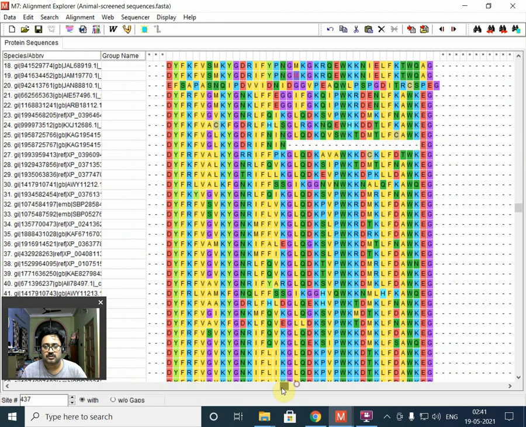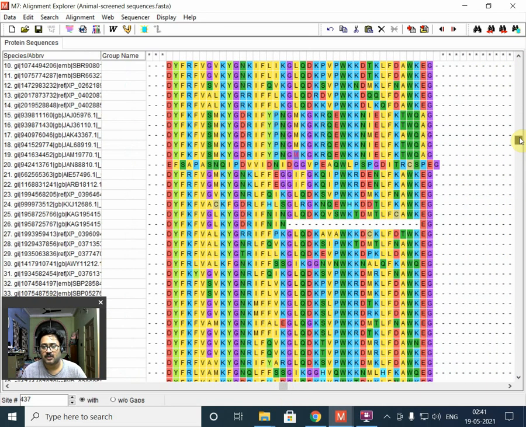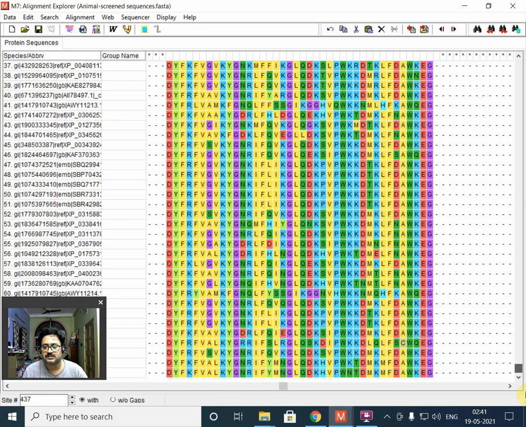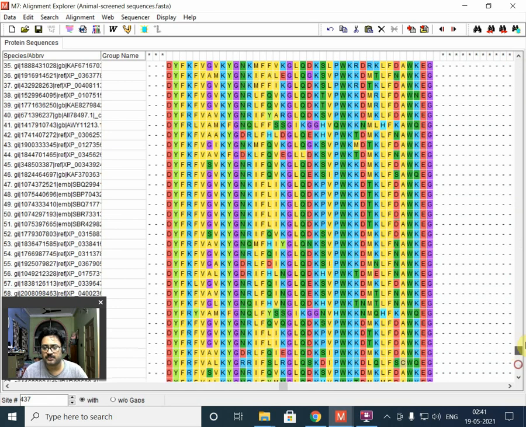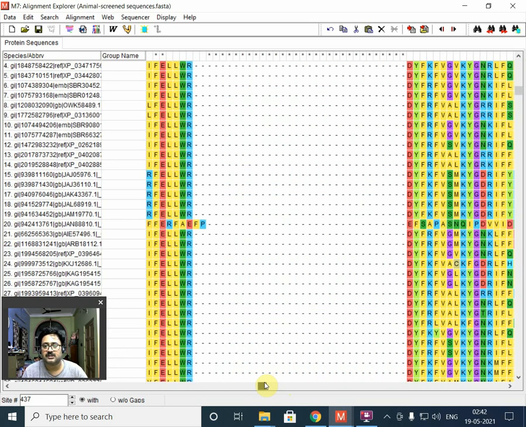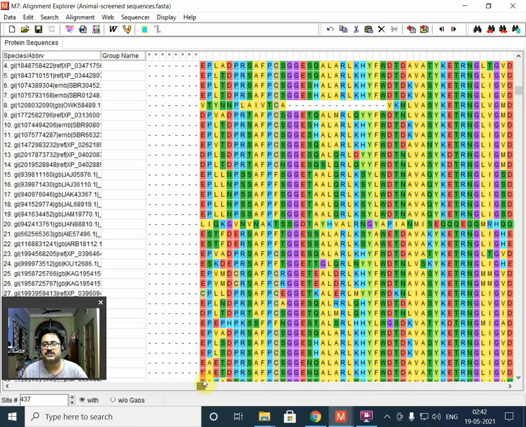Here, this particular region, we probably had seen in the last video also, that is during the MUSCLE alignment. Three species had shown this region, so they do not contain this region, and it is deleted in these species. This doesn't make any problem, because it is present in more than one. If it is present in only one, then there is a probability that something might have happened.